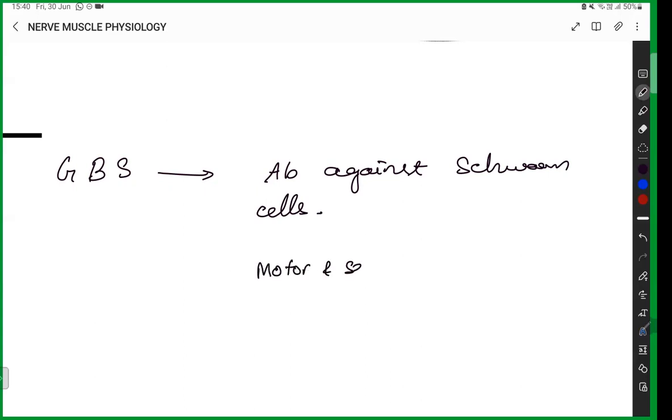Both motor and sensory conduction impairment is going to occur. Because of this impairment, what happens? Maybe it is due to some infection. What are the infections? Campylobacter jejuni, influenza vaccination, etc. Their antibodies are produced against the